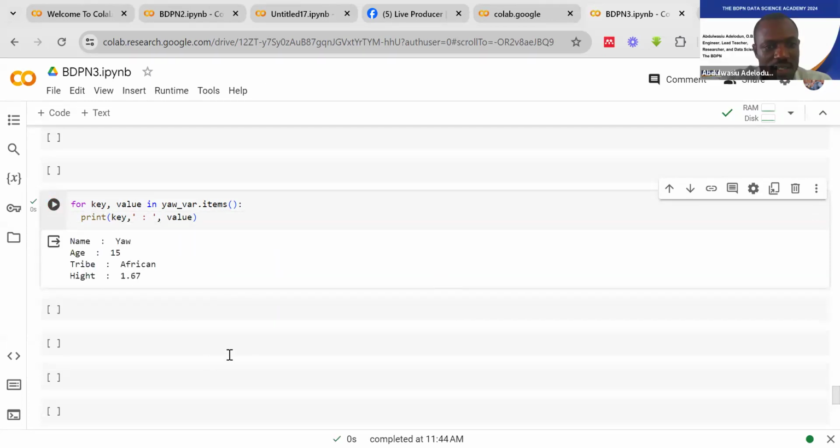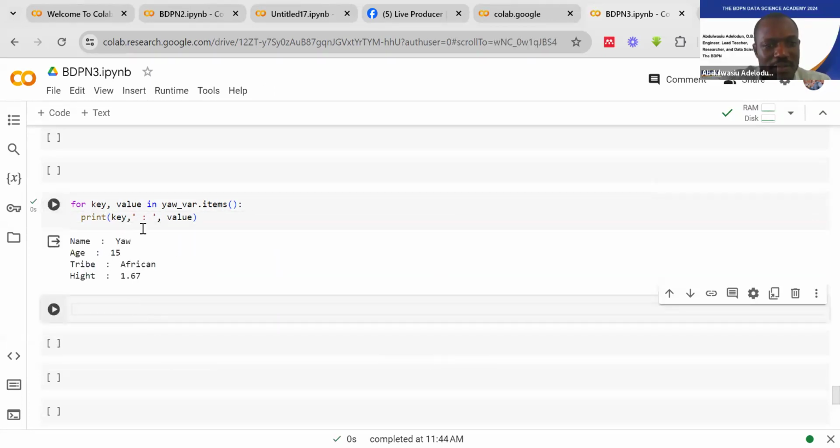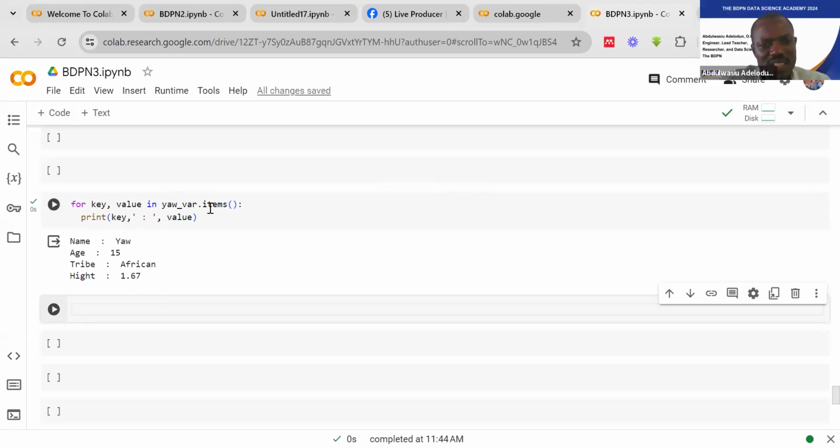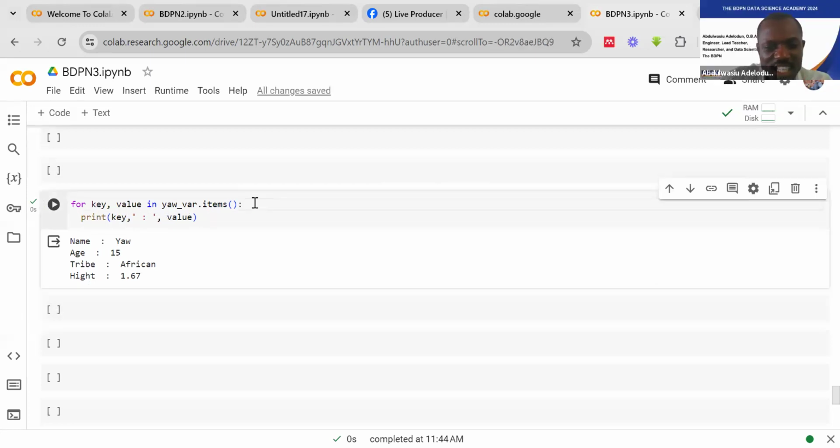Now, what I'm saying is that the name is this, the age is this, the tribe is this, and the height is this. So we can look through the dictionary one after the other. You can as well say for key and value in this. Then if